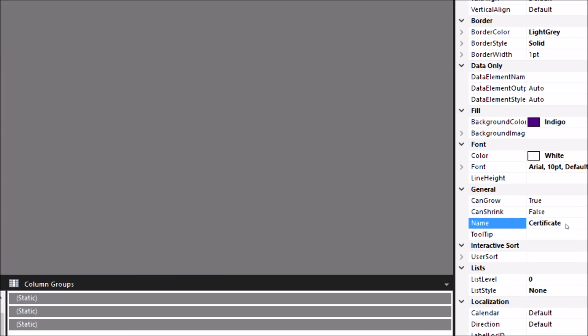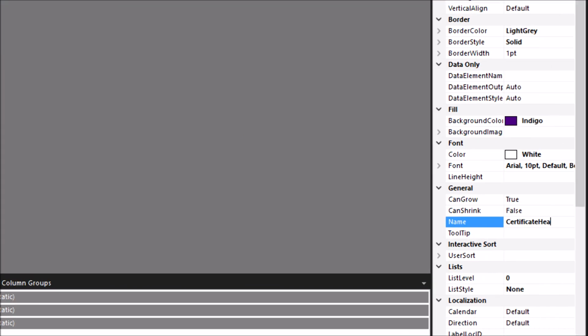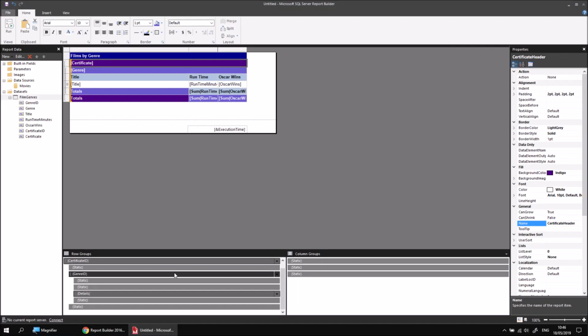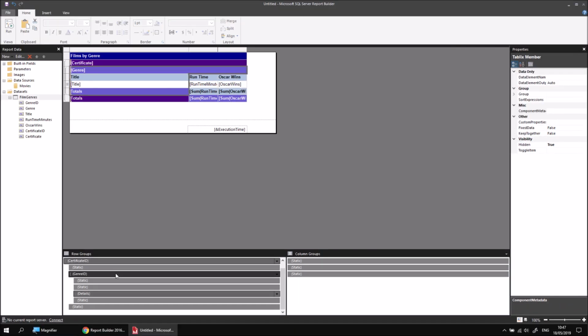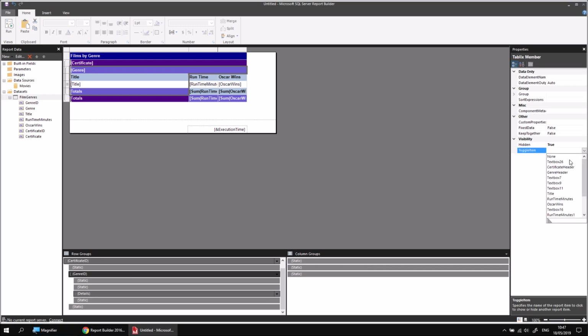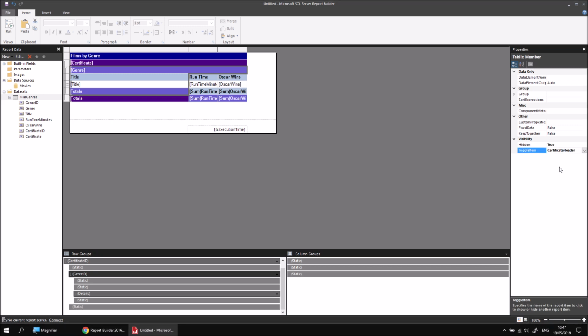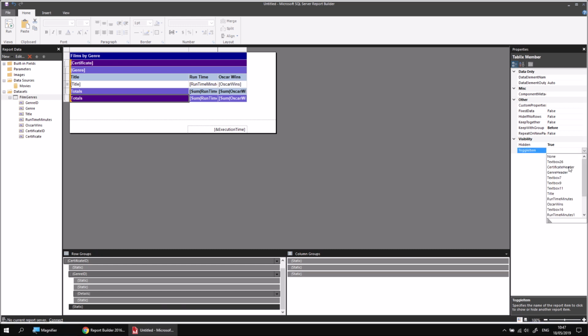Let's give it a slightly more obvious name. Let's call this certificate header. What we can now do is go back to select our genre ID group in the groups panel, and we can change its toggle item to be the certificate header. We'll do the same thing finally for the footer row of the certificate group, so we can select that static item at the very bottom of the groups panel and then change the toggle item for that also to say